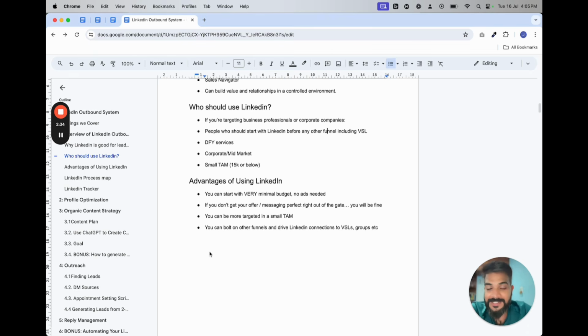You can honestly start with a very minimal budget, no ads needed. You might need some budget to buy, let's say, Sales Navigator, but that's also very optional. Although highly recommended is that you get the LinkedIn premium version. It's a good practice, and you unlock a lot of options inside LinkedIn. And I think one of the reasons why LinkedIn is a little bit better in quality is because of its paid options, which is not available everywhere else.